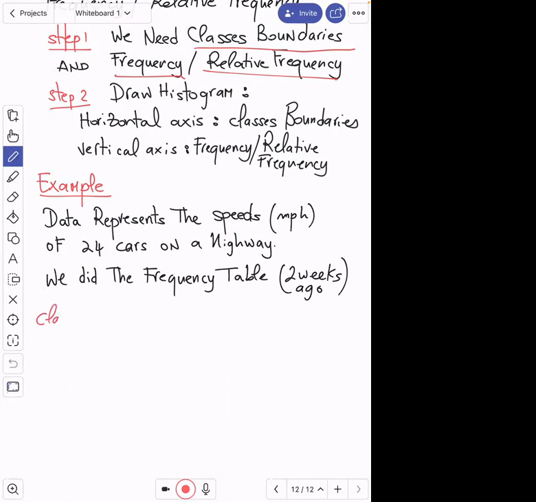So we have these classes, so we're going to need the class boundaries and the frequency table. I think we had 6 different classes. Let me just remind you the class boundaries we got. So first class, we got